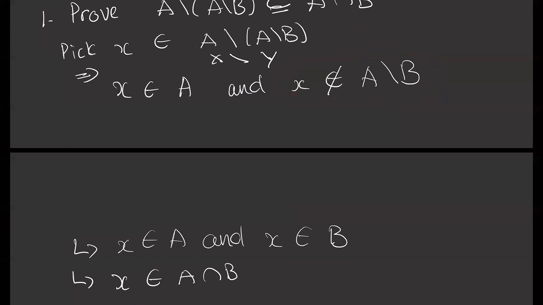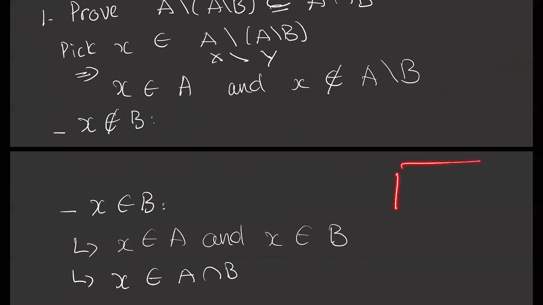So I tell you, there are only two possibilities. X is not in B or X is in B, right? There are only two possibilities for X. If you have a universal set, X is either in here or X is out here. It cannot be anywhere else. So we assume that X is not in B,